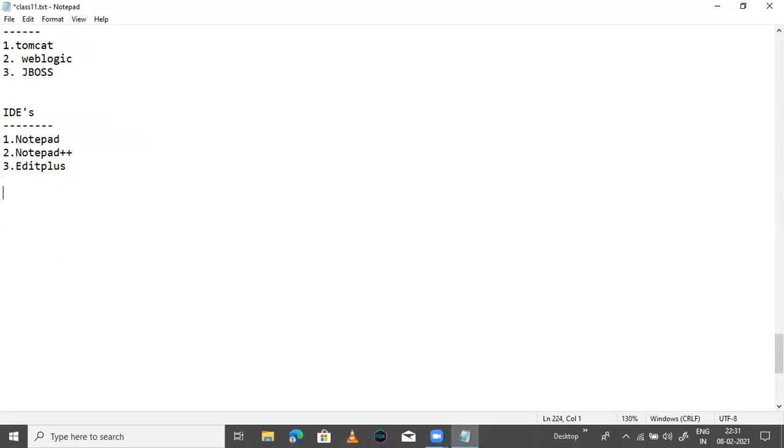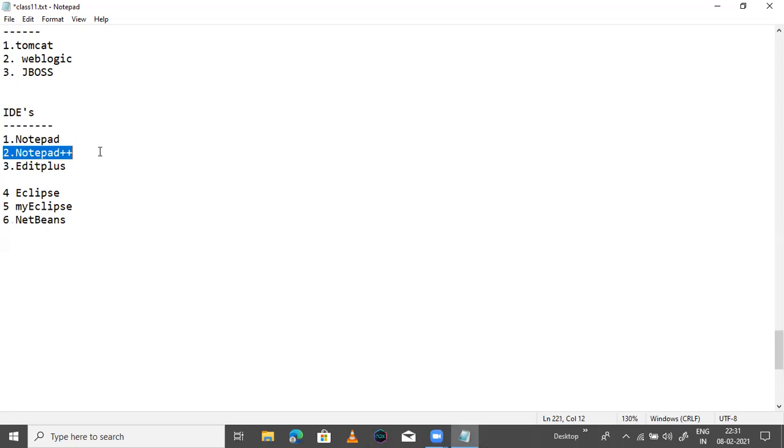Next, fourth one is IDE editors, Eclipse, and fifth IDE MyEclipse, and sixth is NetBeans IDE.